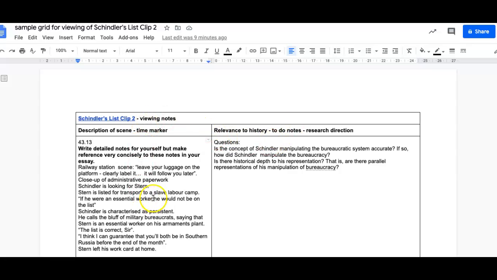So here we've just got two columns. We've got Schindler's List, Clip 2, Viewing Notes, and in this column we're going to describe the scene and we're going to put the time marker so we can find our way back there very easily to check information. I've got an instruction here: write detailed notes for yourself, but make reference very concisely to these notes in your essay. We don't want every single detail